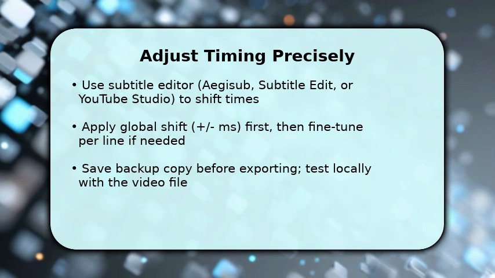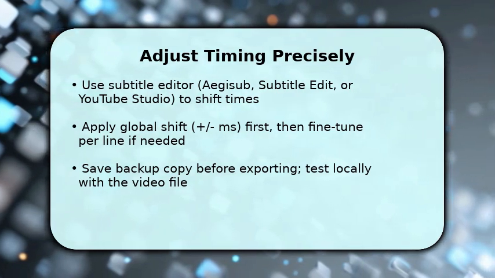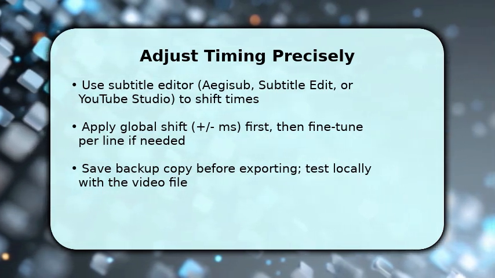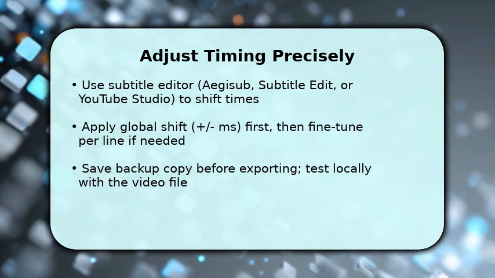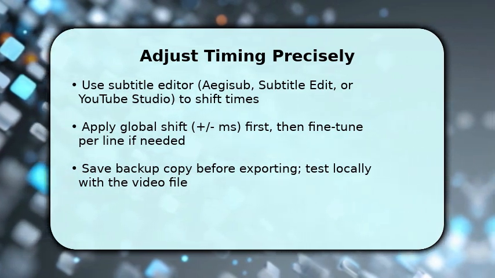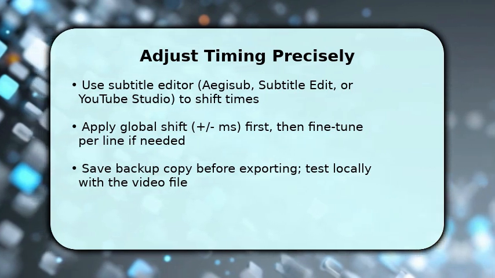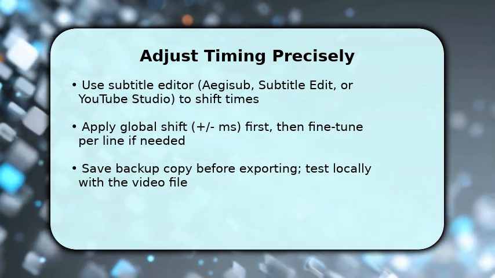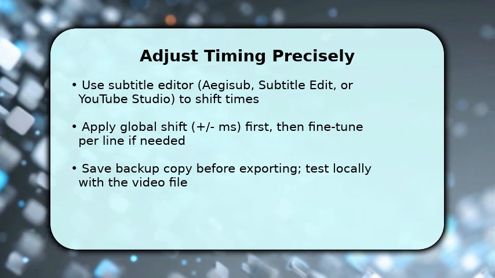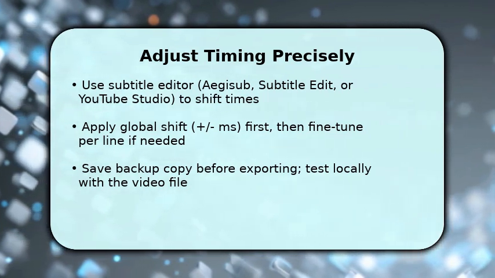Now you perform the time shift. Open the subtitle file in a subtitle editor or YouTube Studio. Apply a global shift equal to the measured delay, positive or negative. Once the bulk shift is applied, make sure to scrub through several scenes and fine-tune individual lines where reading speed